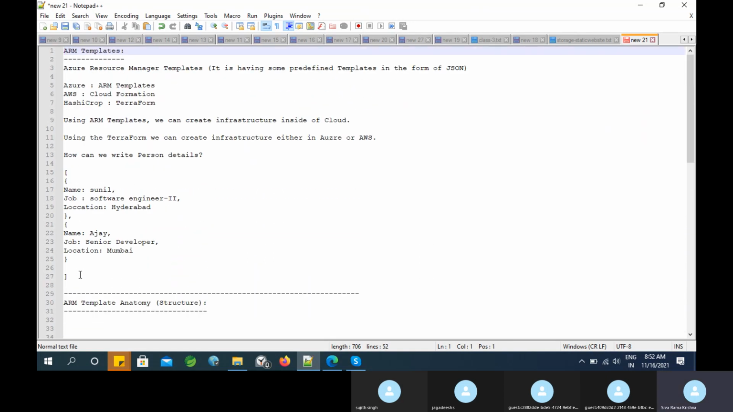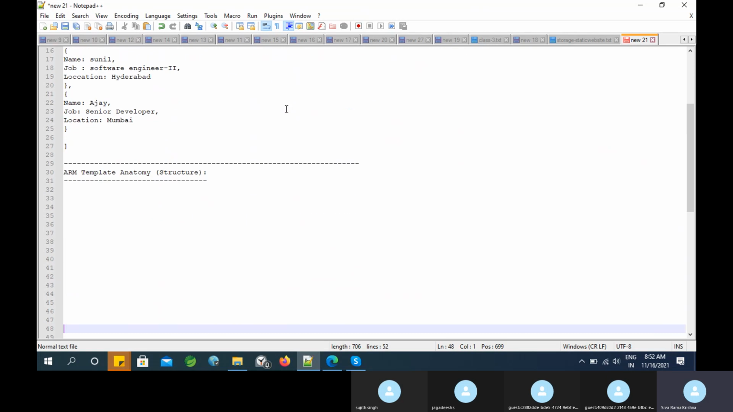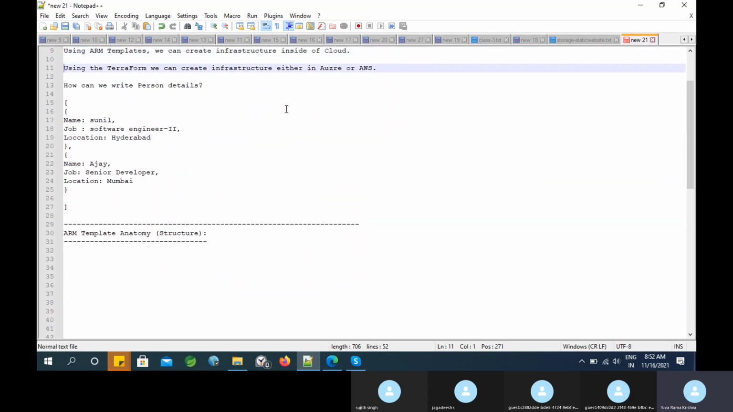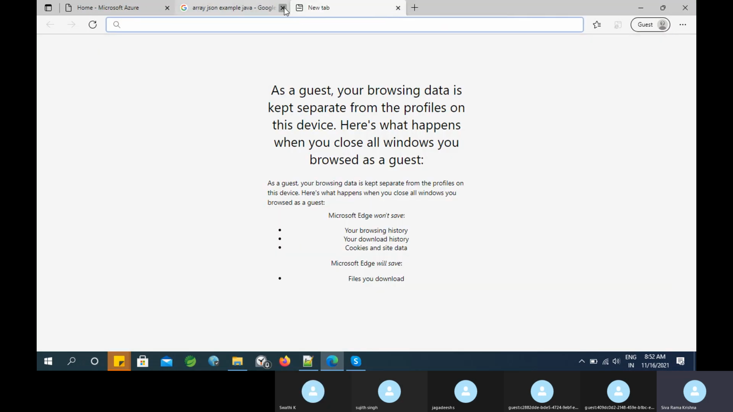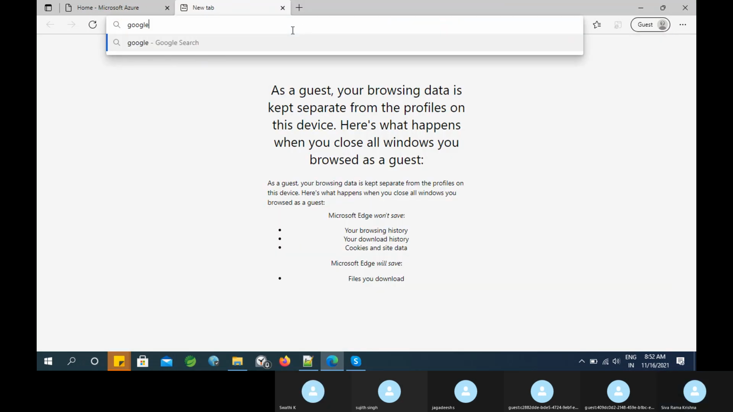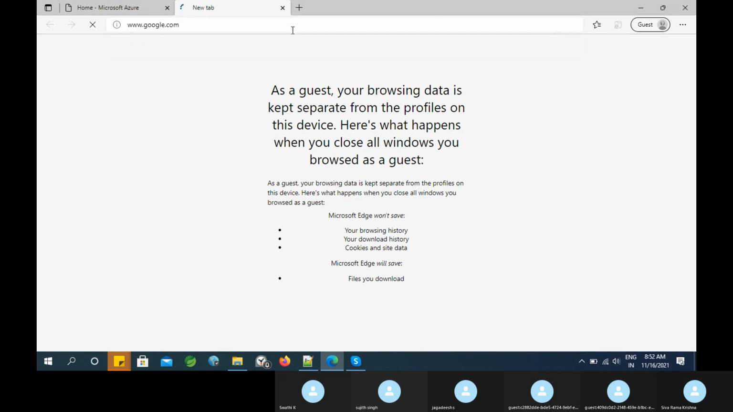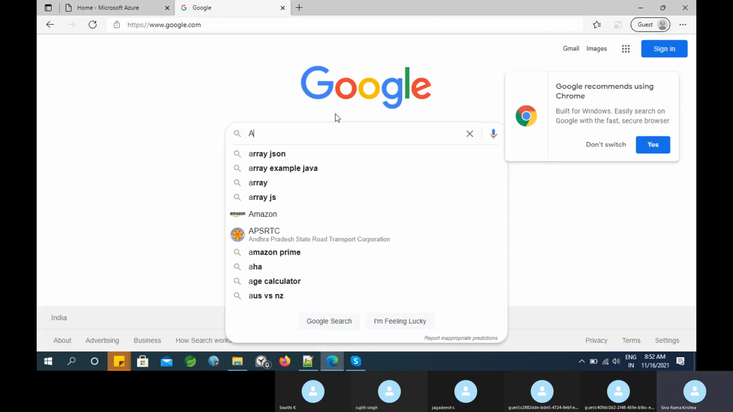So as I mentioned, if you observe, an ARM template is nothing but a predefined template in the form of JSON. Some predefined JSON will be there, right? So how is it going to look? We're going to discuss that here. So go to, so type,